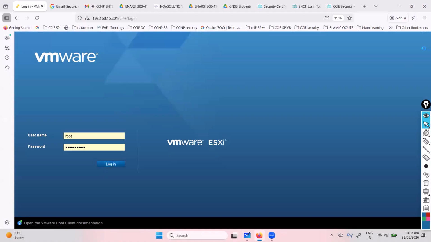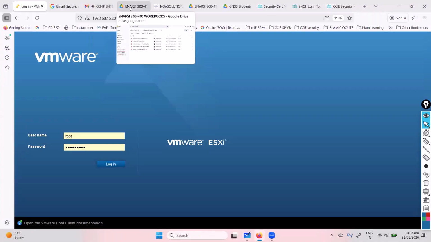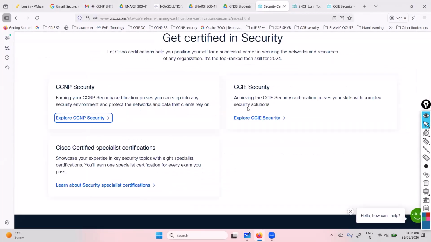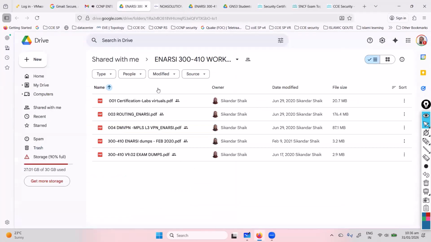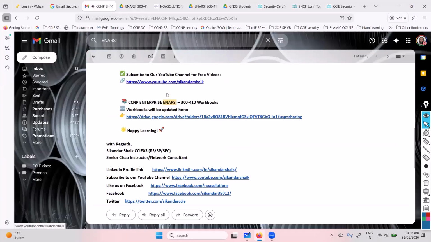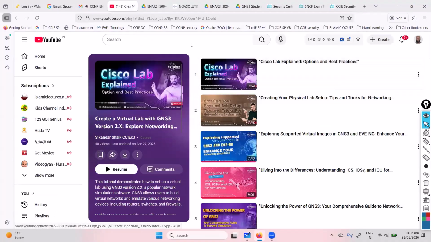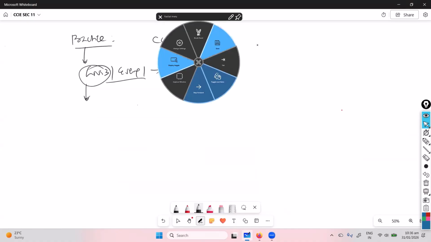Like if you see here, so again, inside the playlist, we generally share the playlist where you will find the different how to use these tools in general. Let's say if you go to this playlist, now in this playlist, which you generally receive with the email, you will find the lab options like how to use the GNS3. Now, GNS3 is again a simple tool which can be used for the labs, and that requires the images